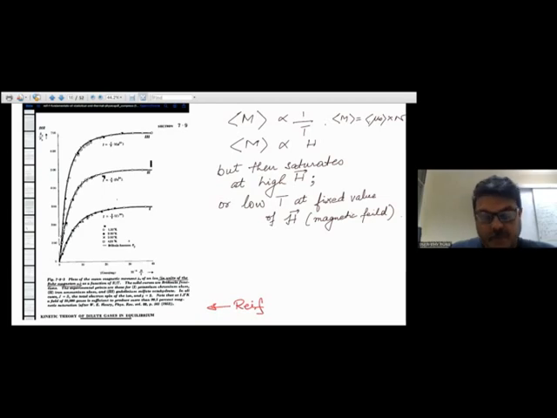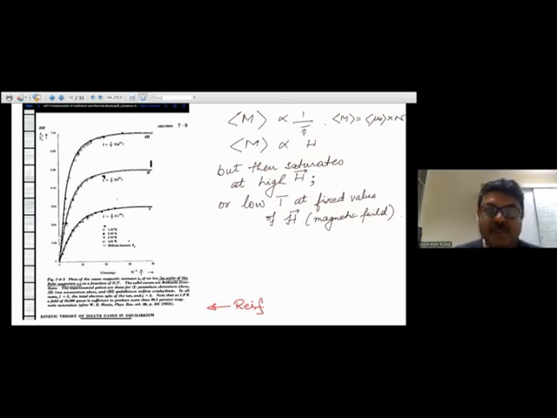Before we go into the calculation of the partition function for paramagnetic samples and then on to discussion of paramagnetic systems, I would like to remind you that in this curve, when H by T is relatively small, you see a linear increase of the magnetization. The magnetic moment per spin times N is the magnetization for the entire sample, and that goes as 1 by